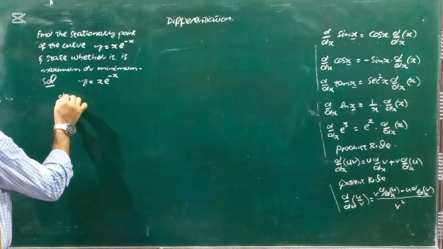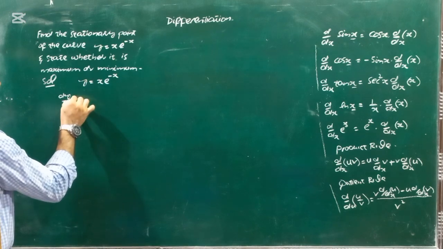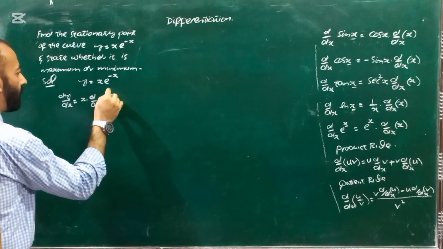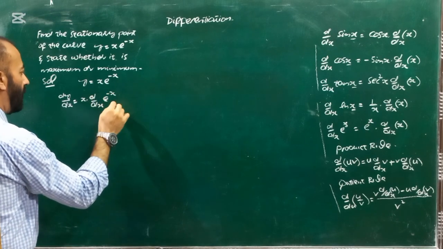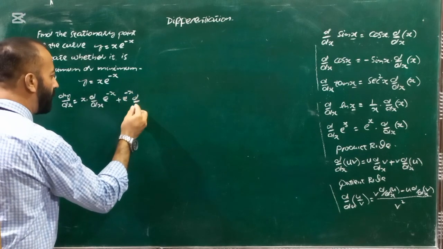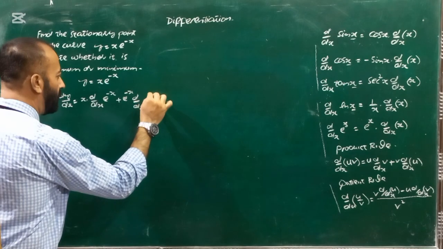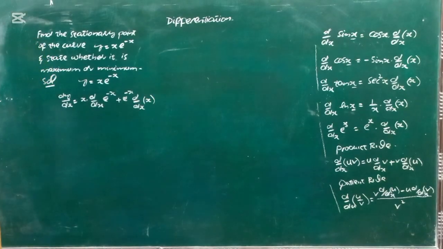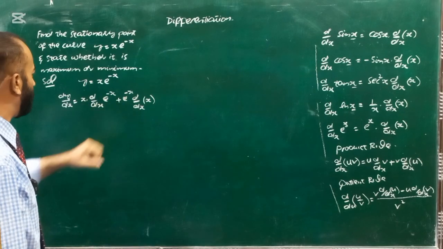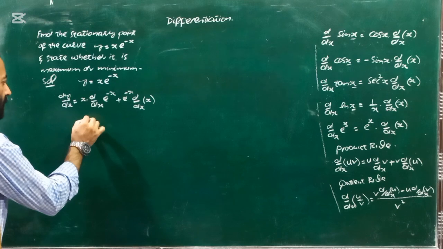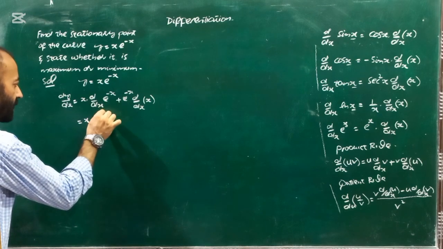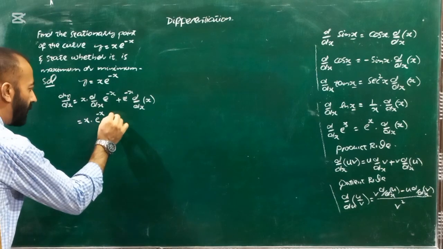So look now, dy by dx is equal to first as it is differential of second plus second as it is differential of first. So first, product rule is applied. First as it is differential of second plus second as it is differential of first. Now we will solve it. So x as it is, differential of e raised to power something is first we will write as it is, and now the differential of the power